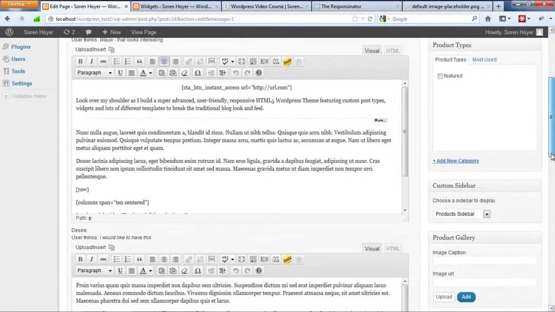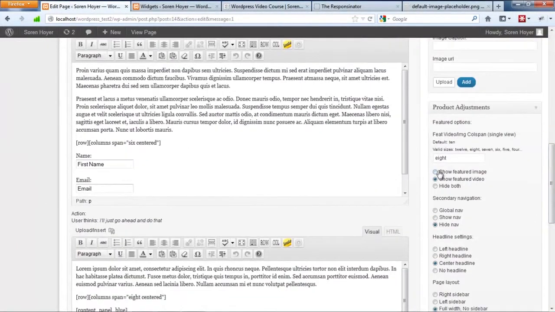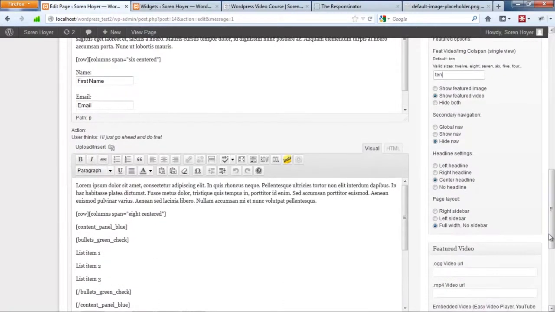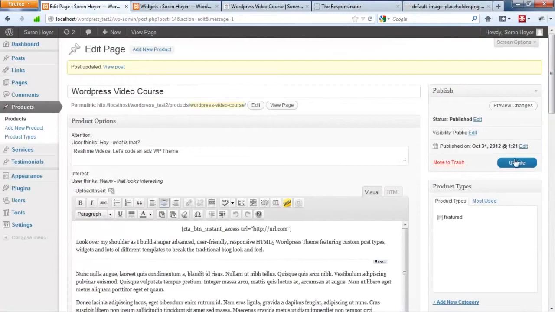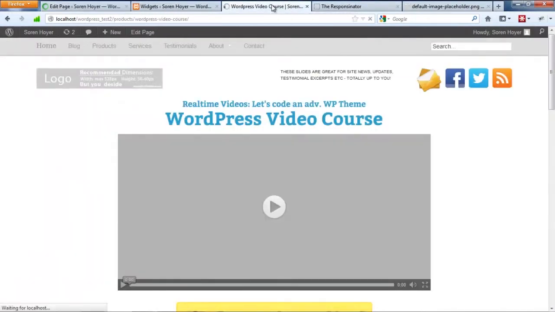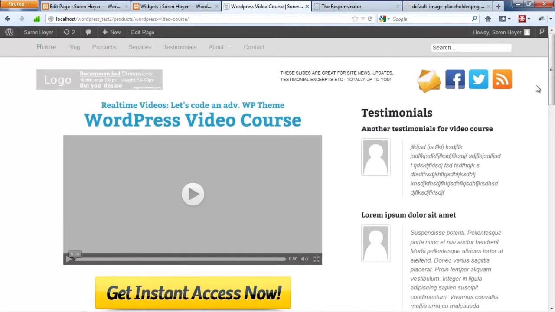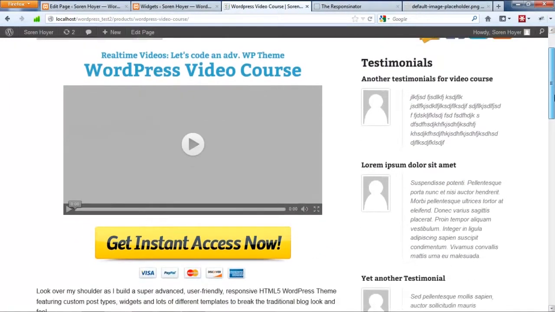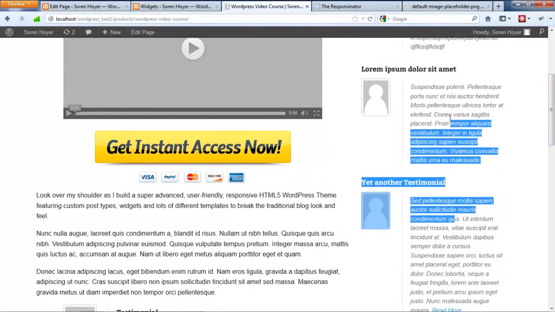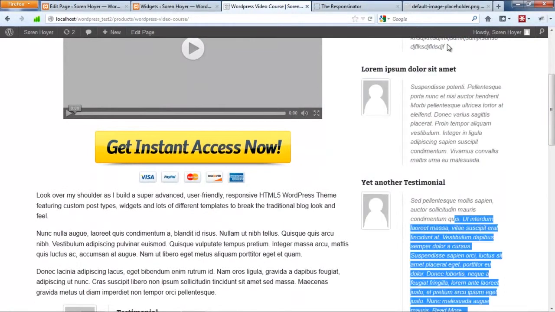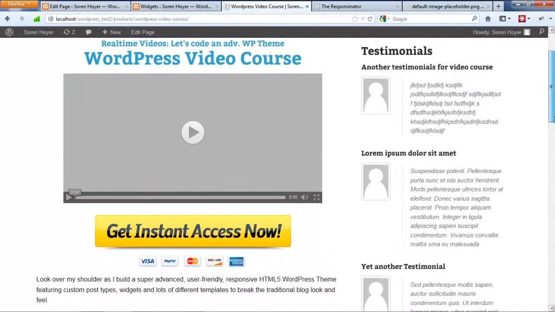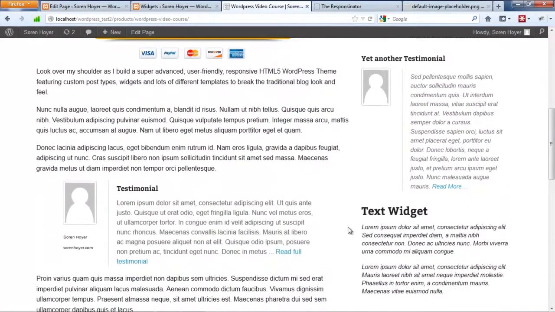Now I'm just going to change the width again to 10, because now we're going to actually make a sidebar layout, giving it a right sidebar, and in this sidebar all the testimonials are placed. You could choose any widget, but this is actually a testimonials widget, which will take all the testimonials linked to this specific product and show them in the sidebar.